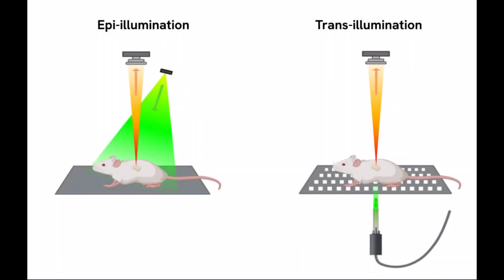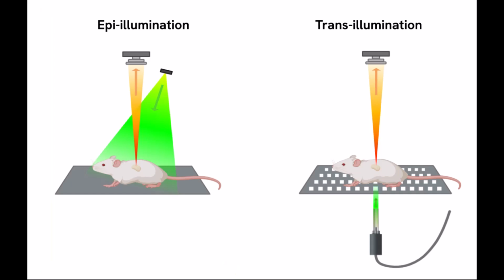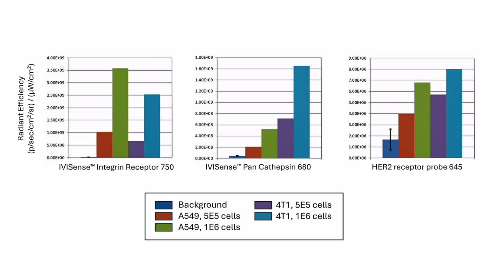Therefore, we will perform fluorescence molecular imaging of two near-infrared agents using epi-illumination in vivo. We will use epi-illumination as the source location is shallow. For deep tissue imaging, we typically employ transillumination. We have previously determined from our in vitro characterization studies that the two agents we will use in this study